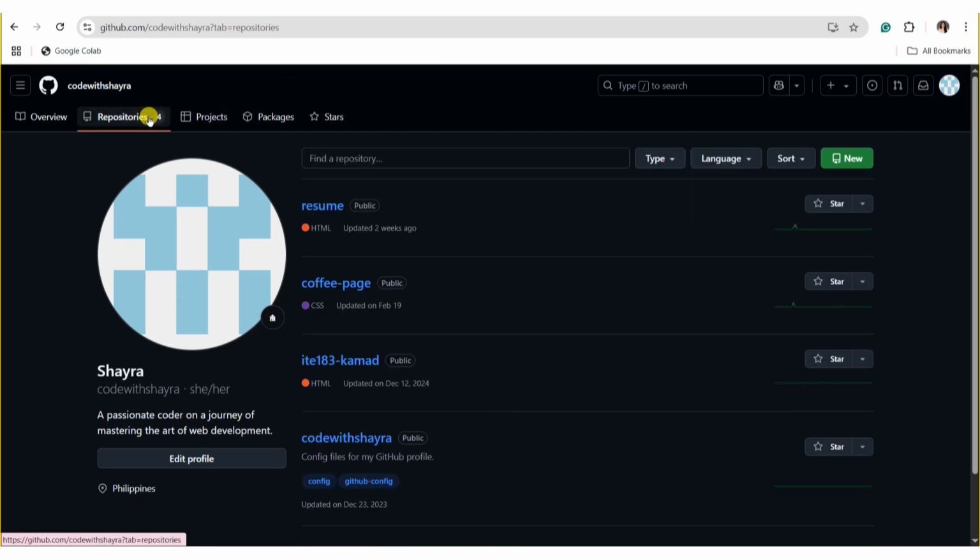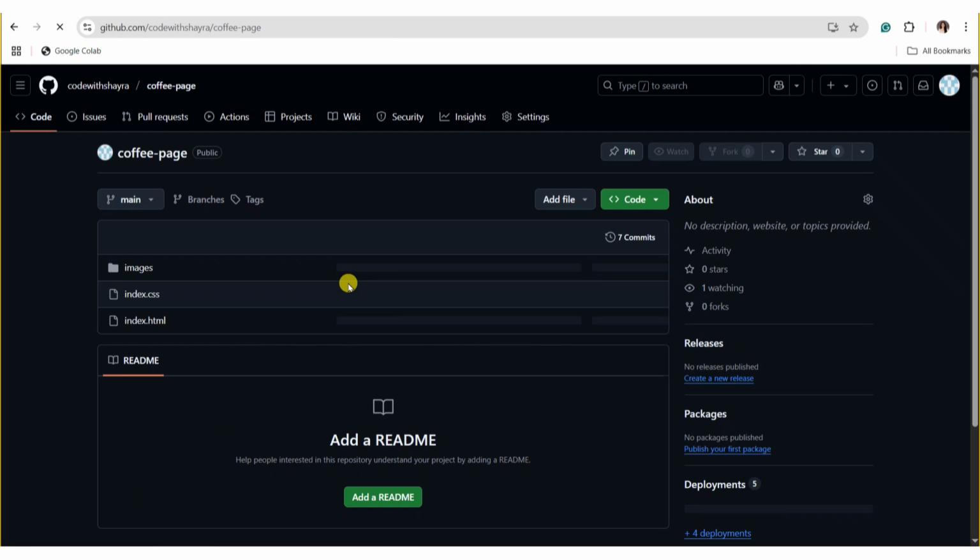Under repositories, go ahead and select the specific repository that you want to delete on your GitHub account. Simply click on the repository that you have chosen. Once you're inside the repository, you'll be able to find these tools at the